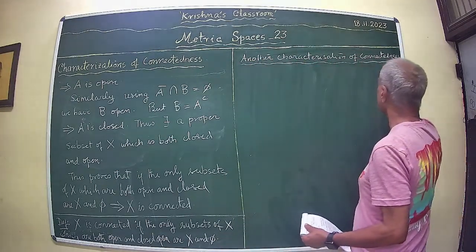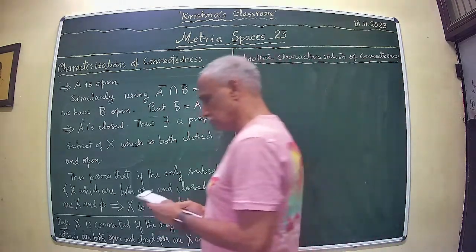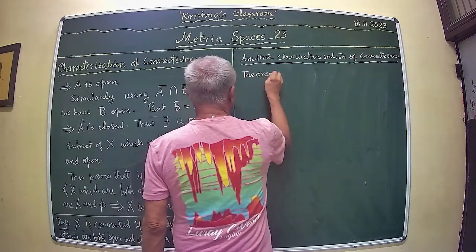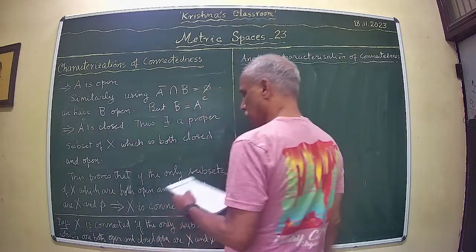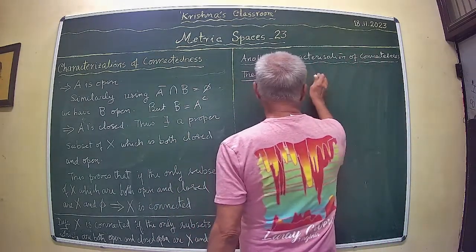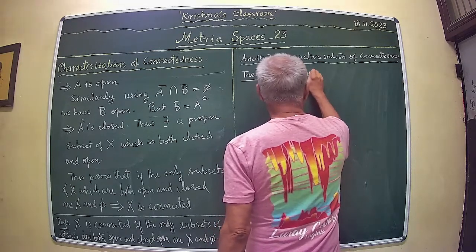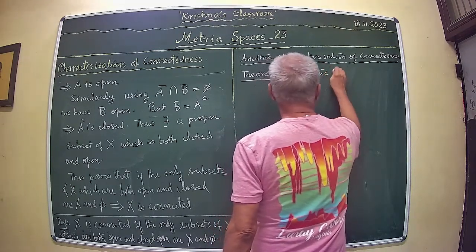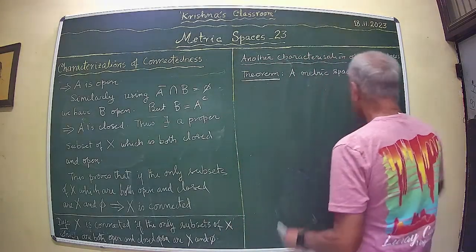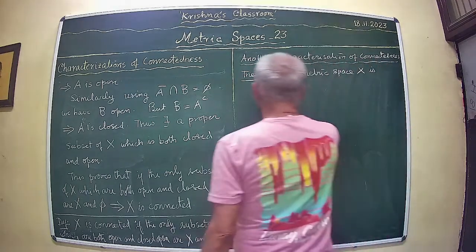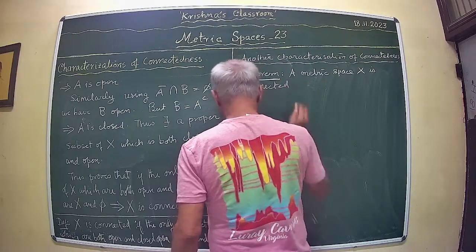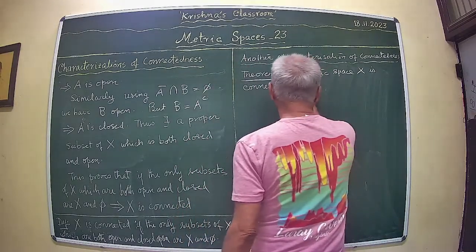Another characterization of connectedness. So we have the following. A topological space X is connected if and only if